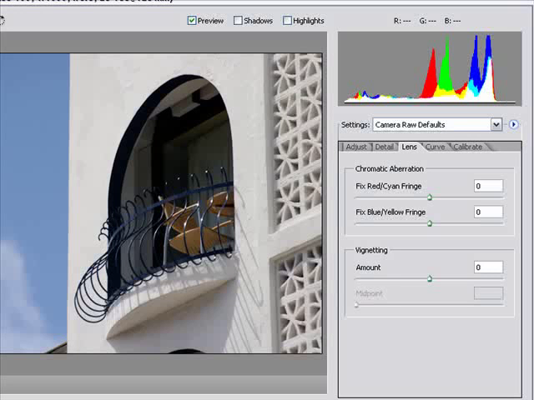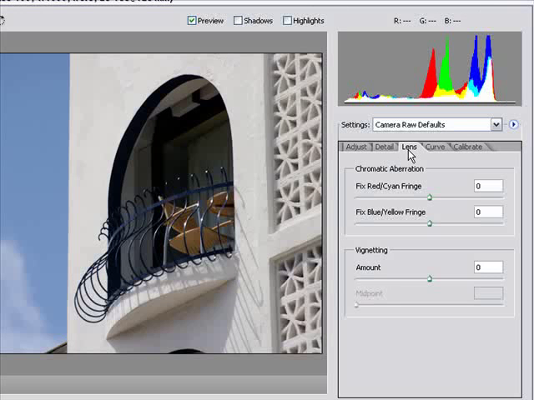So sometimes your digital photos will have small abnormalities near some of the high contrasty edges inside the photos, and these can sometimes be known as chromatic aberrations. In this tutorial I'm going to show you how to fix that. I'm going to show you how to do it if you're not shooting in Camera Raw. If you're not shooting in RAW mode, I'm going to show you a way you can do it right inside of Photoshop. If you are shooting in RAW mode, well, you can just open up the Camera Raw dialog